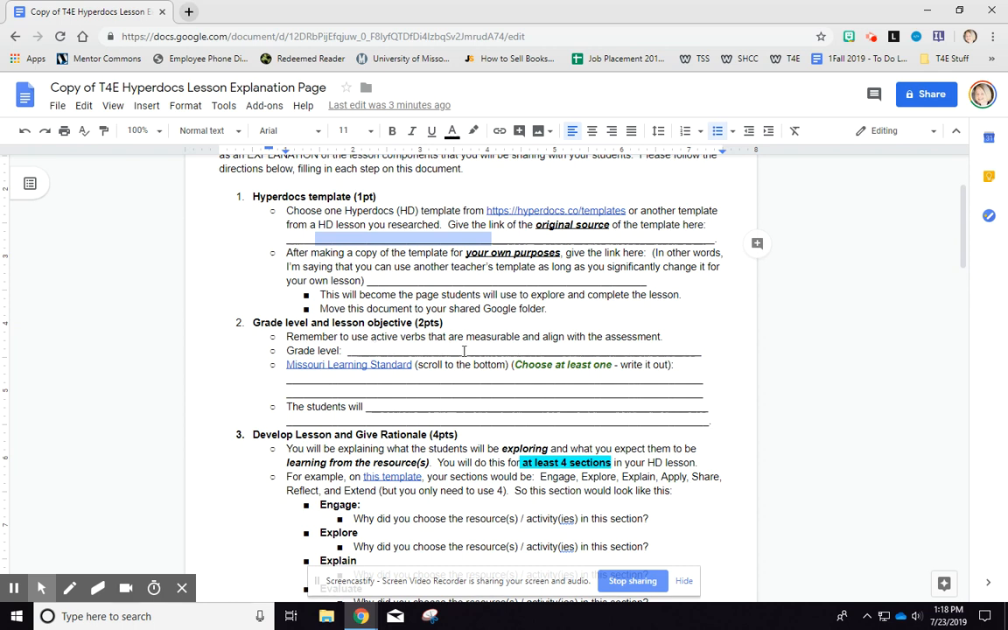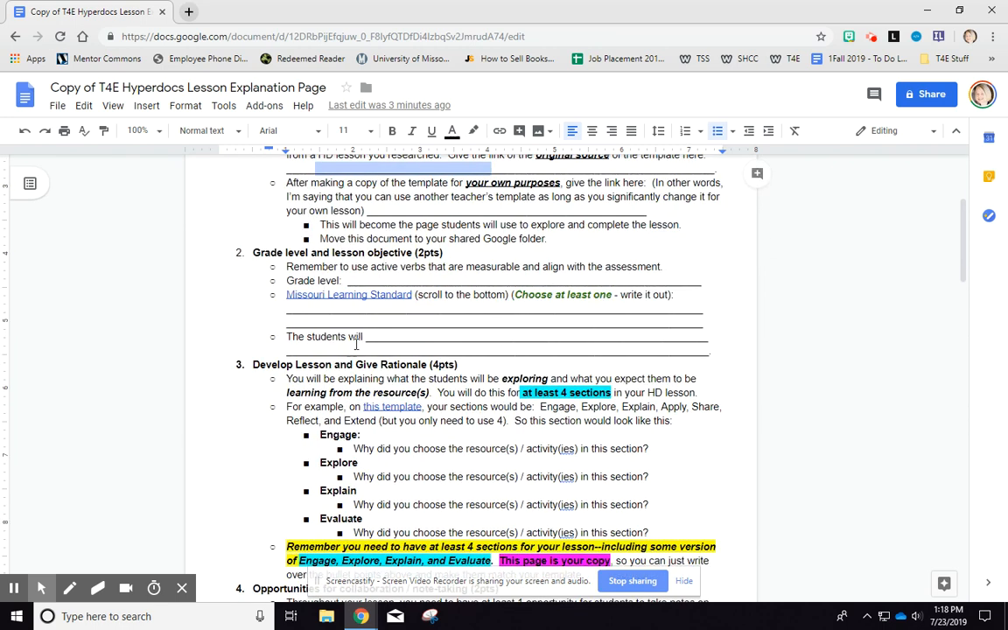Make sure you give me a grade level, or I can't tell if your resources are grade level appropriate. You need to have at least one Missouri Learning Standard, so choose that and write it out enough to where I know which portion of the standard you're using. And then you're going to have a really good learning objective, which if you want to go back to, I